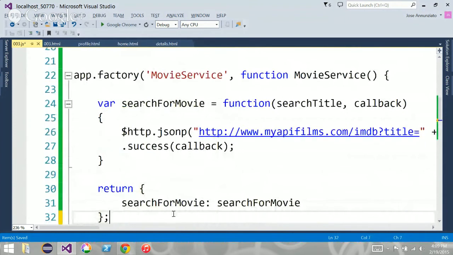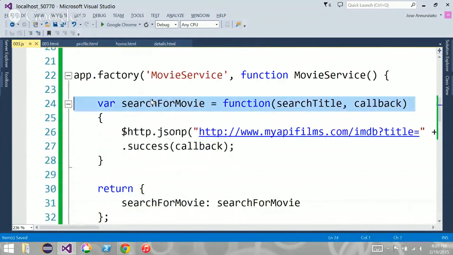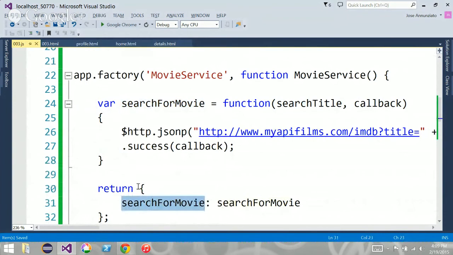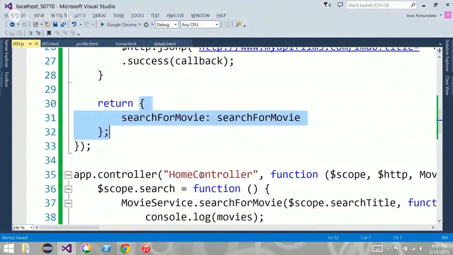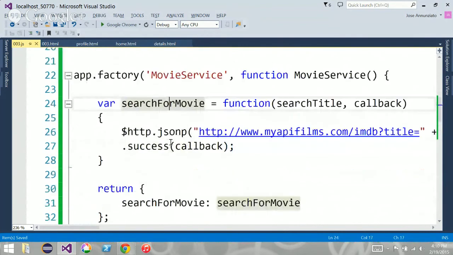Return, right? The only way you can access this function is through an object I am going to return to you. So what do I return? An object. So movie service returns an object. The object has inside an attribute called search for movies, which happens to be what? A function, right? Happens to be this function that takes as argument